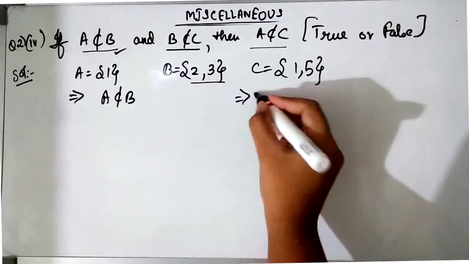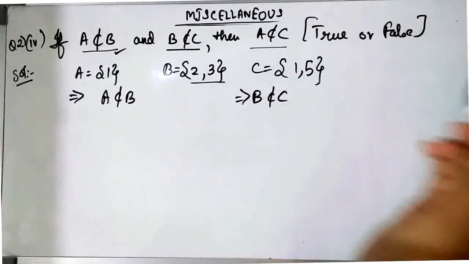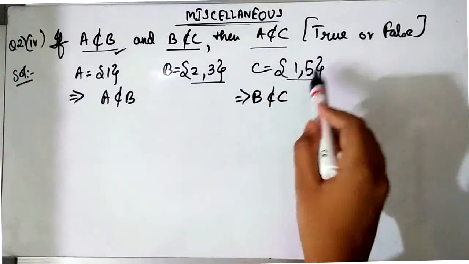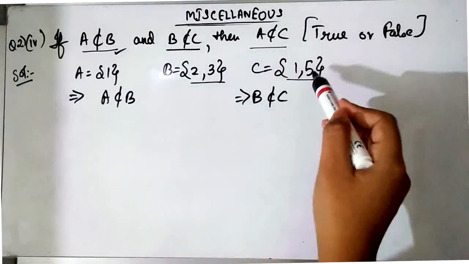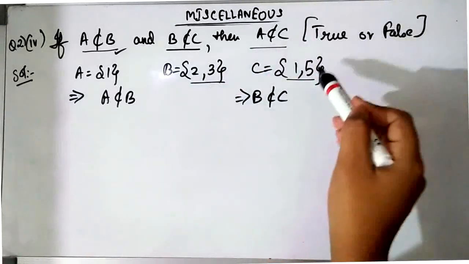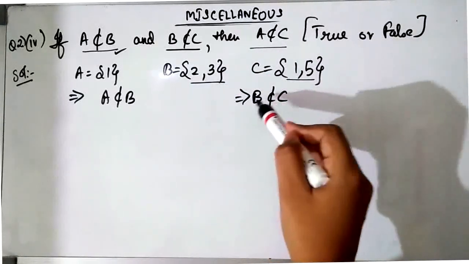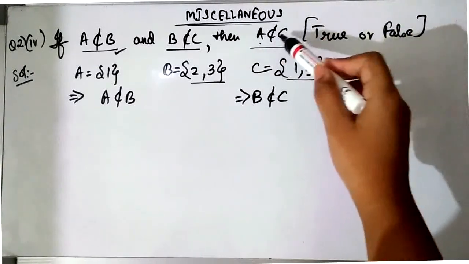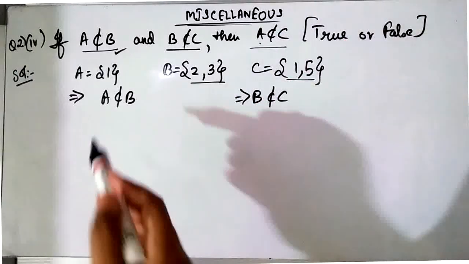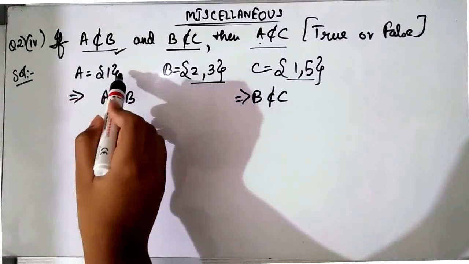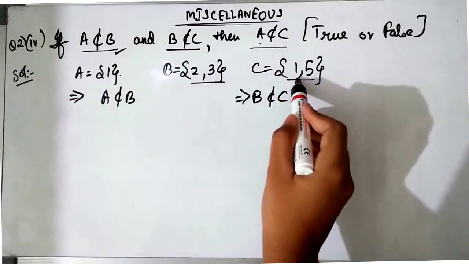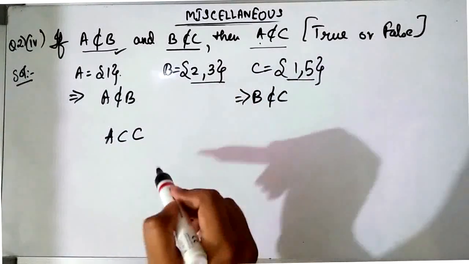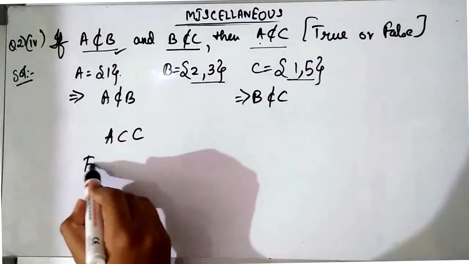Now with this I can say that B is not a subset of C because if you check, B consists of elements 2 and 3 which are not present in set C. So B cannot be called a part of set C because the elements of B are not present in set C. So hence B is not a subset of C. Now we need to check whether A is a subset of C or not. Now if you see, A had element 1 which is present in set C. So you can call A a subset of set C. So hence this statement is